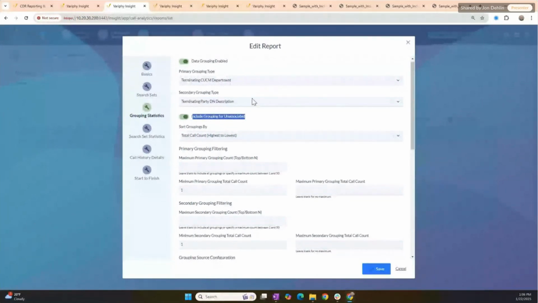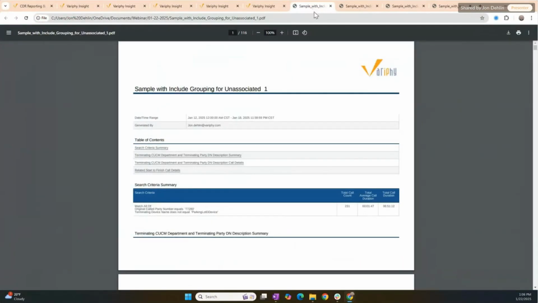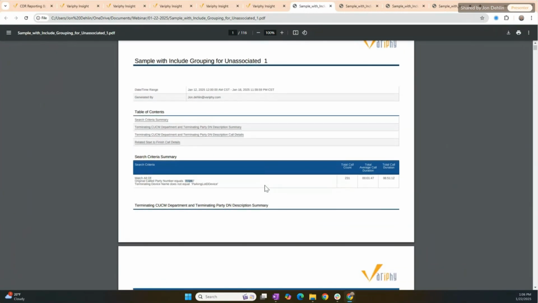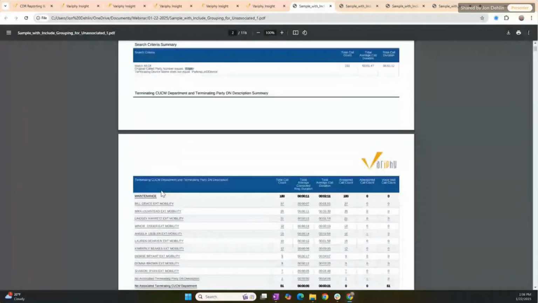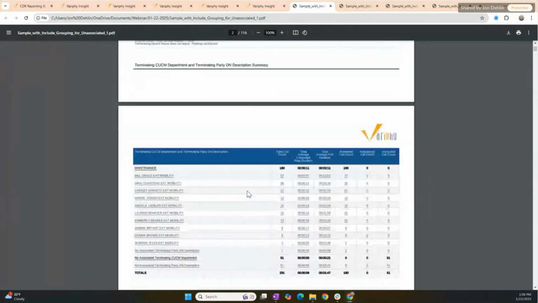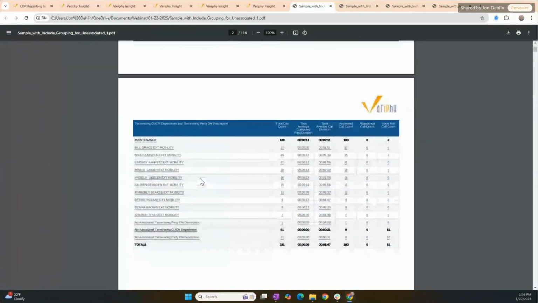So I pre-ran a couple reports in hopes of being able to finish on time. I'm going to jump over to this one here. This is that first sample, where we have that 77280 and the omission of the parking lot devices. So we have 231 total calls. As I go down into the grouping stats, where we have the combination of terminating department and the DN description, we can see all the people in the maintenance department that were answering those calls, but we also see this,